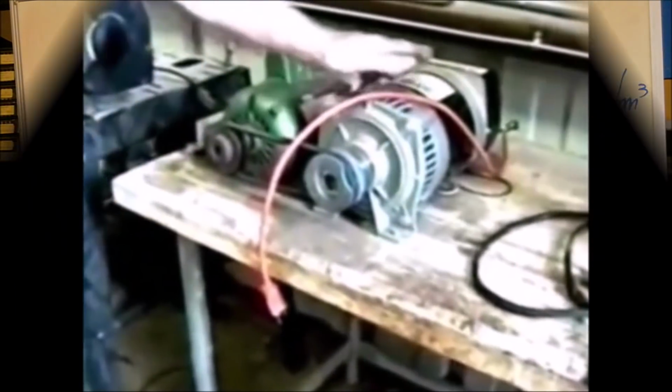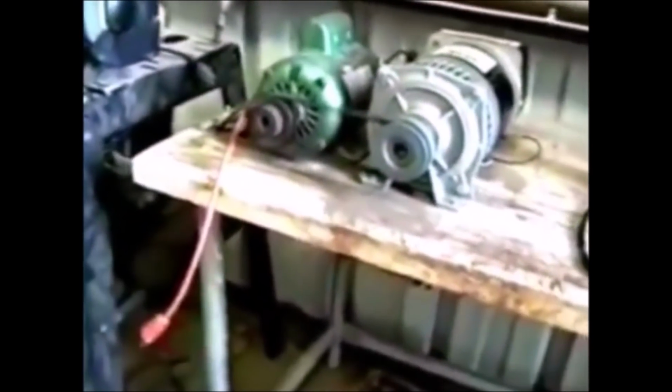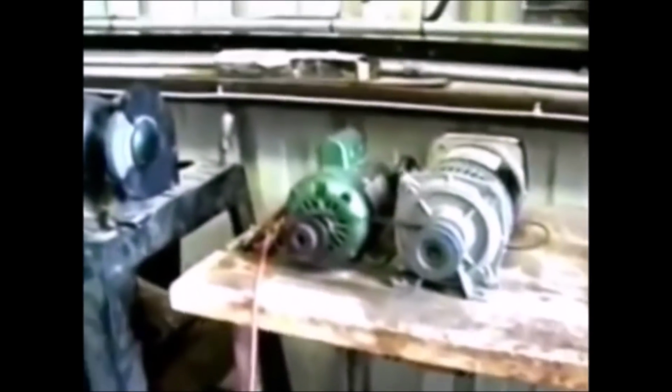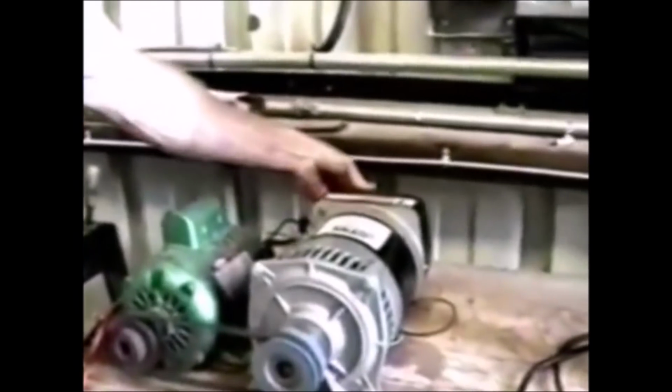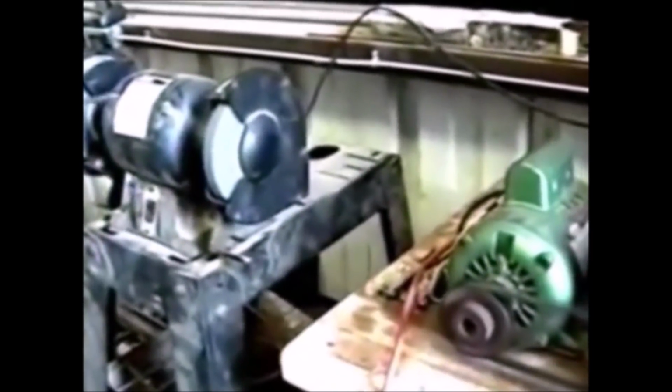The generator itself will be enough power to run both a 14 amp bench grinder and a 16 amp drill press. I'm going to take a 14 amp bench grinder and plug it into the generating system. I start the grinder, and to show you that the grinder is working,